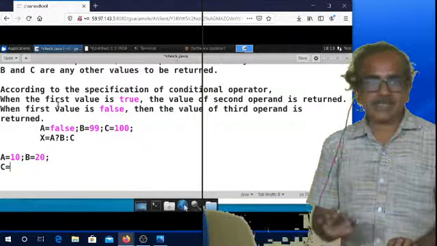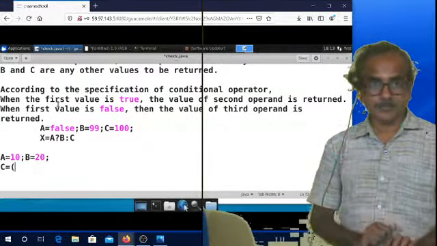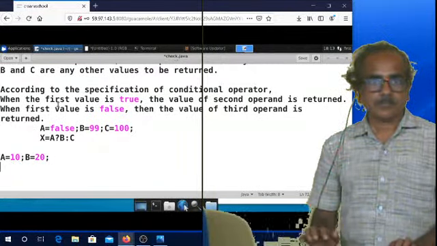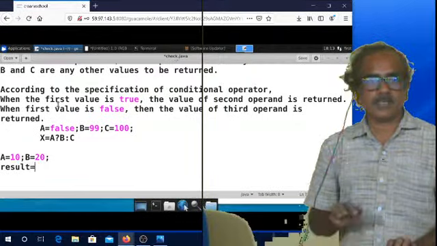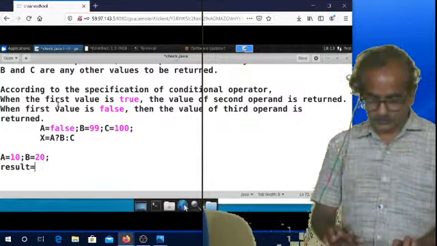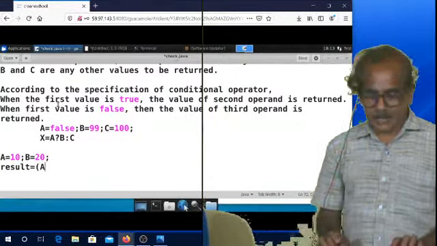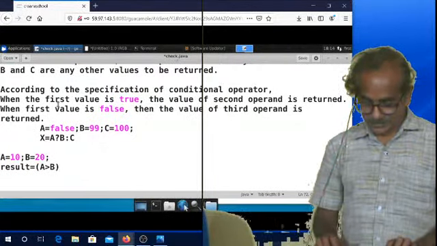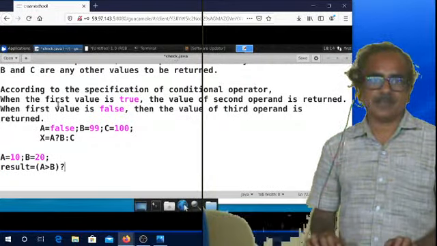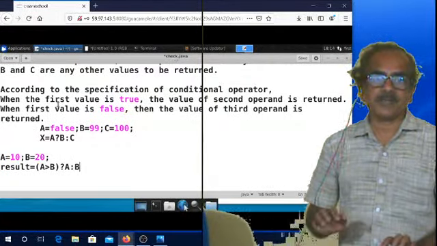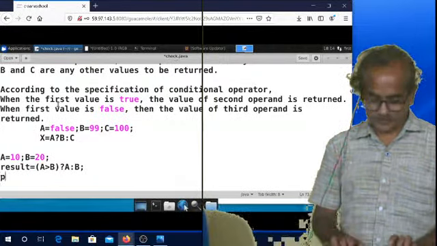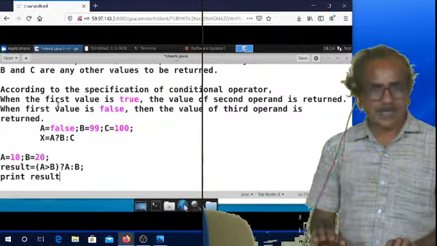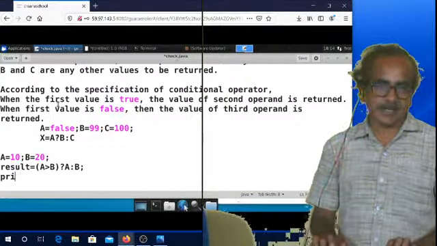I am writing result equal to A greater than B question mark A colon B. Print result. That means system.out.println